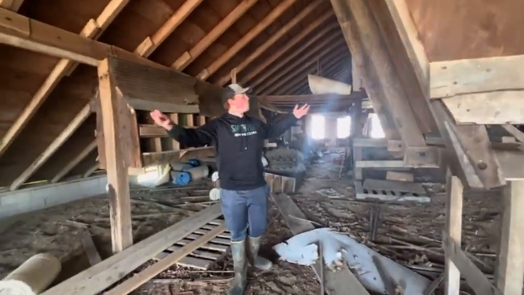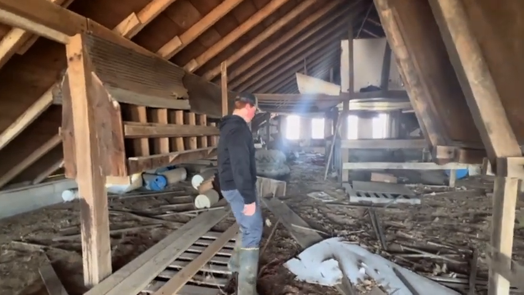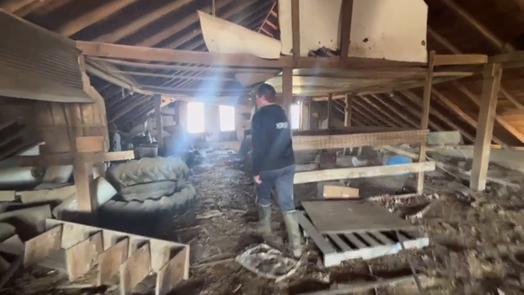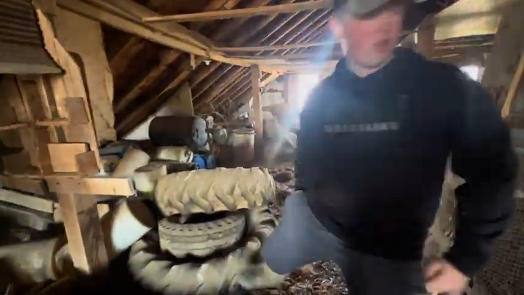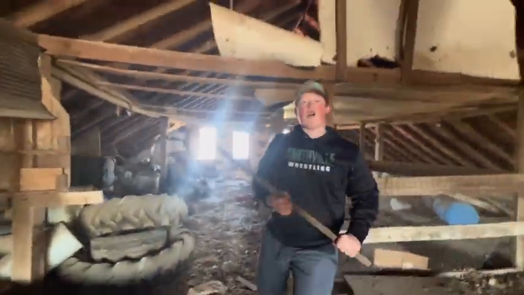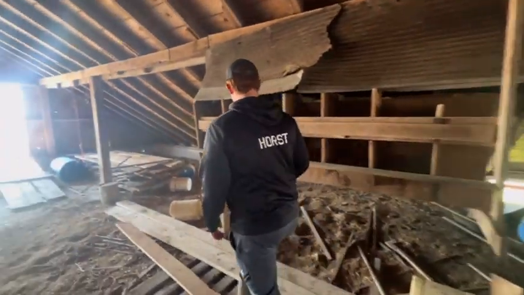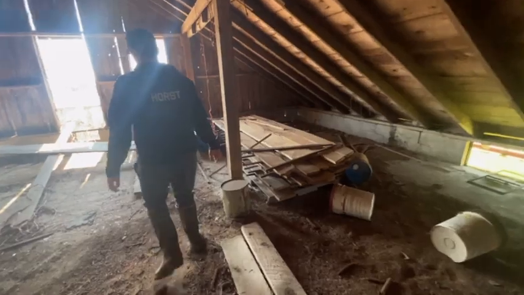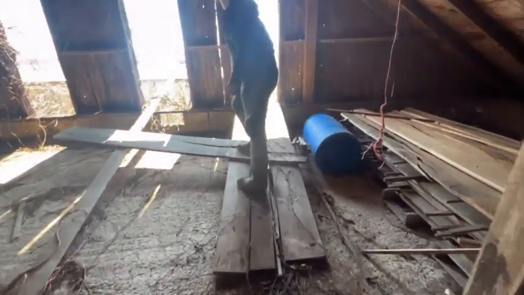Alright, so this is the upstairs level of our block building. And in here, we have some extra barrels, which me and Brett might use in a later project. A couple tires, a bunch of random sword fighting sticks, and an old chicken coop. We also got extra wood, and if you follow me out here,